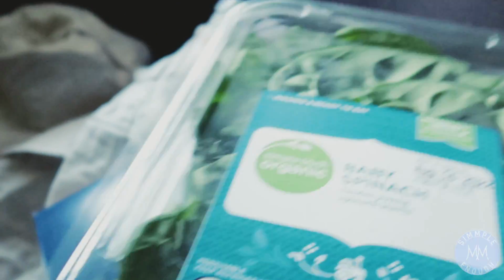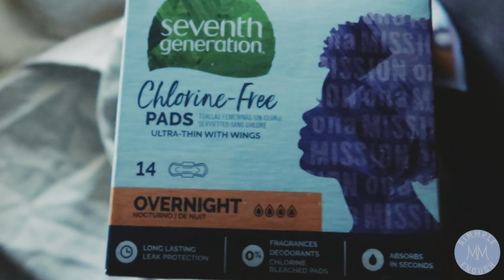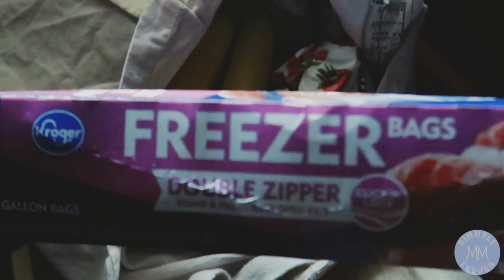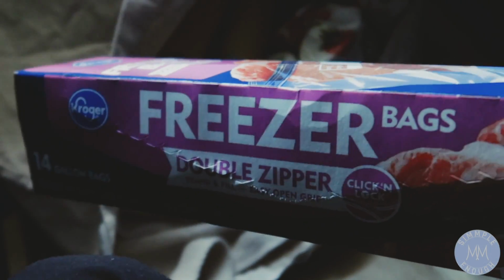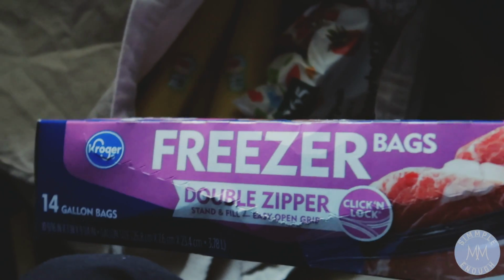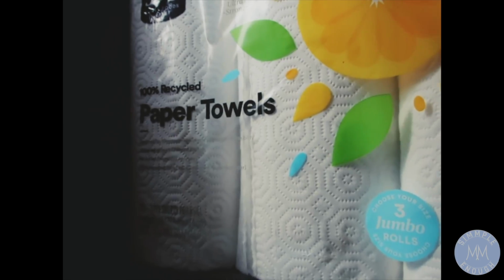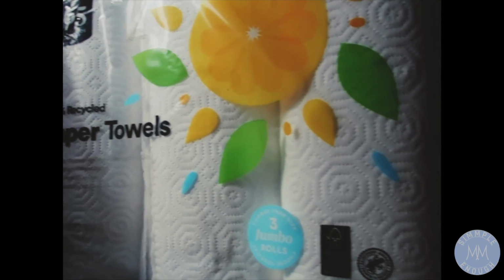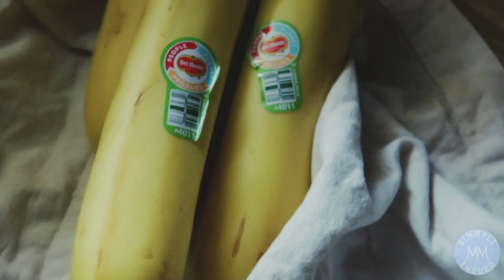Baby spinach, pads, green beans, freezer bags. I do have a few of the reusable silicone freezer bags, but I needed some more really quickly, so I just got these. Paper towels, strawberries, tempeh bacon, bananas,